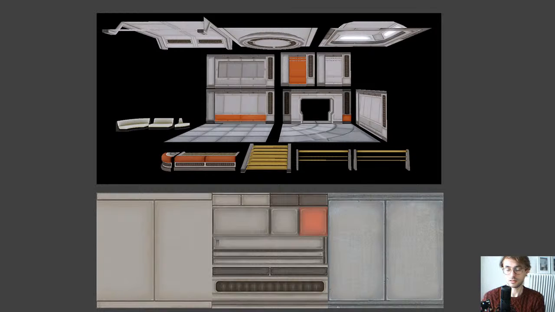But yeah, it's the same principle. So basically, he uses this texture and this texture for floors and walls. So this is for the walls here, and then this is for the floor mainly. And then for all the sort of smaller details, he uses these bits. So here, this,